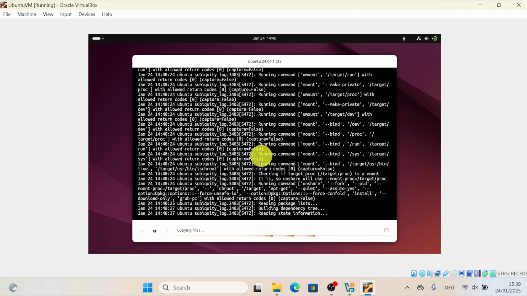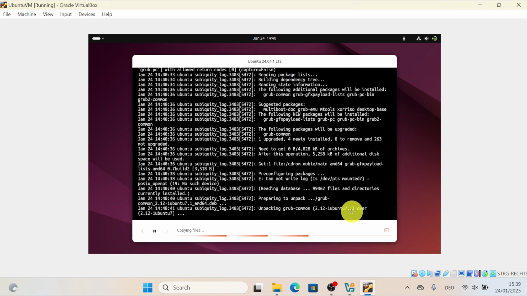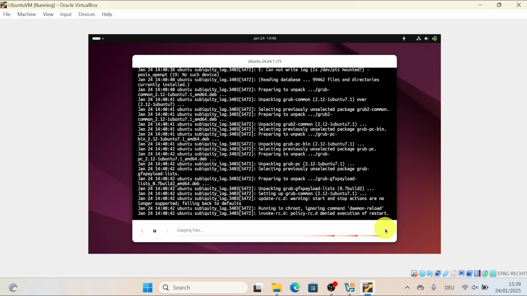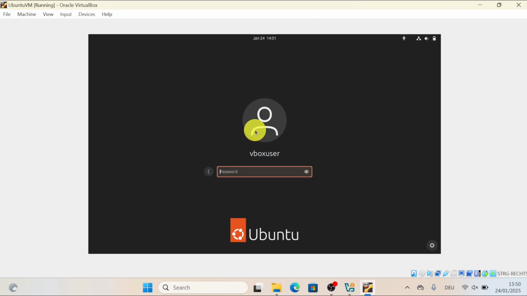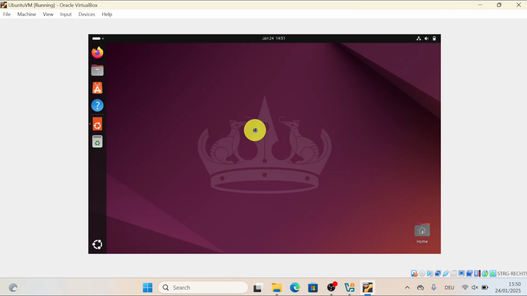You can see with this button, the console, every step that is going on. It might be useful if you have problems, otherwise ignore it. So now here we are, we have installed Ubuntu, we have our user, this was the default user, the password was change me. Let's try. Okay, yeah, here it's